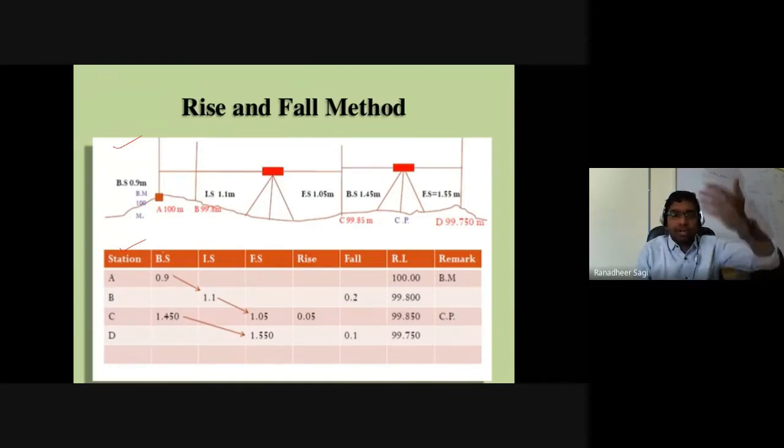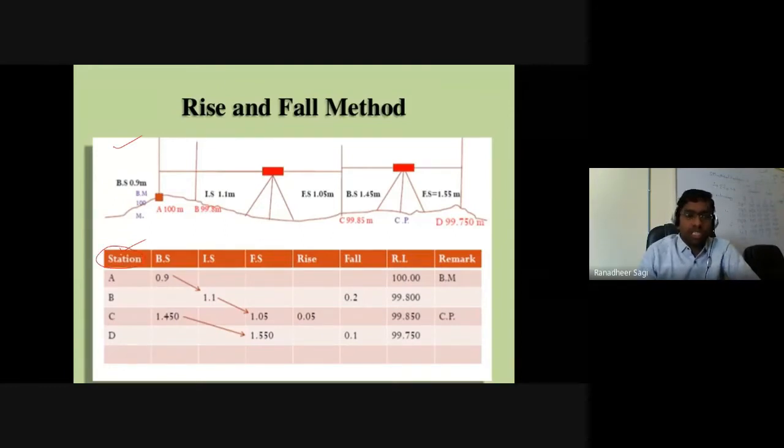So by writing down your station, instead of calling it specifically the instrument station, this station here is rather your staff station. So it is the position of your leveling staff where it is placed. The backside reading, whichever reading you feel is to be called backside, is to be listed under backside. Then subsequently the intermediate sight data and foresight data. Accordingly, you have to put that data properly into your table.